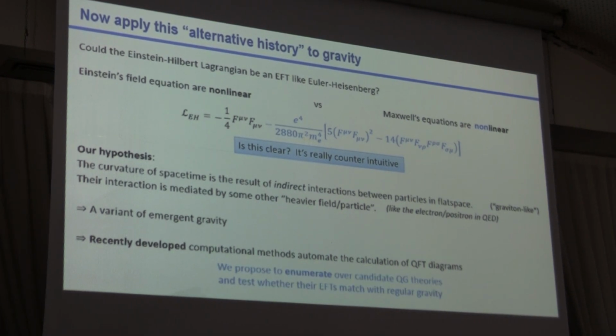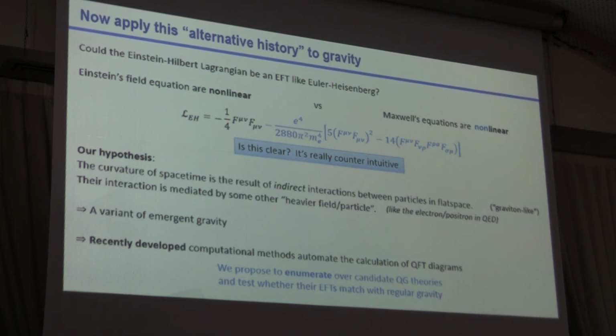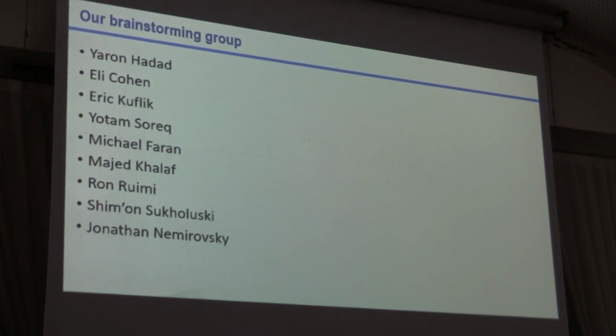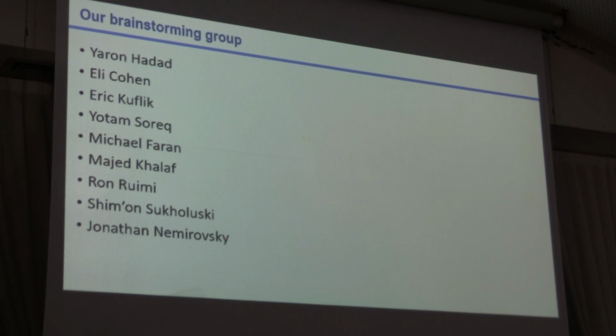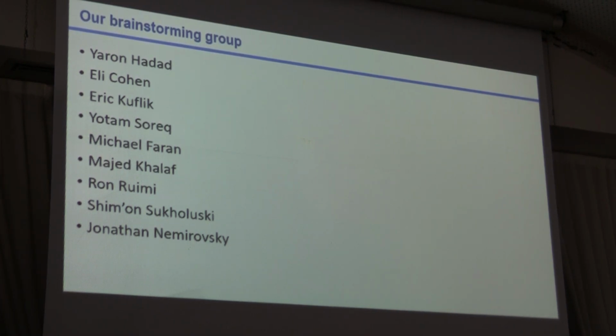So that's the proposal. We'll automate a search over candidate Lagrangians, UV Lagrangians, and test whether their EFTs match with regular gravity, with whatever is known experimentally, and then based on that, bring some candidates for UV Lagrangians that are interesting to work with. And I want to say something about how this started and the collaboration behind the scenes, because during COVID we had those really cool Zoom meetings where we started going through different types of ideas, some of them touching on gravity, where people like Yaron, who we'll talk about later, and Eli Kuflik and Yotam Sorek from High Energy Physics were participating with us in different meetings.